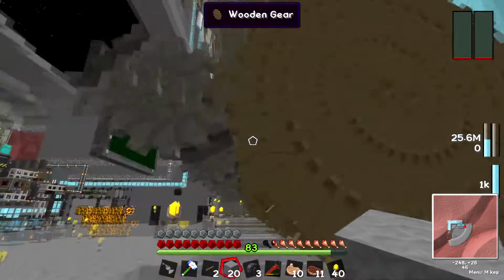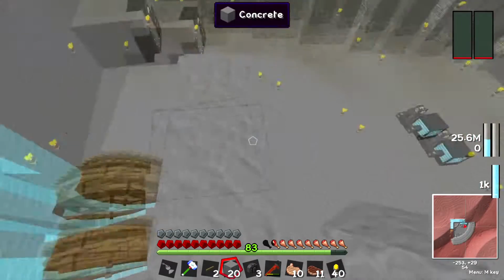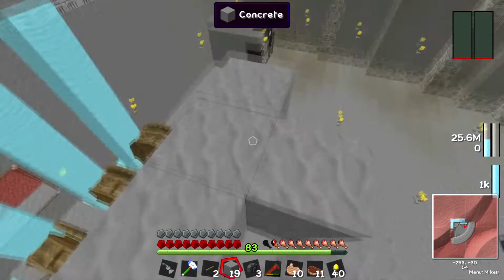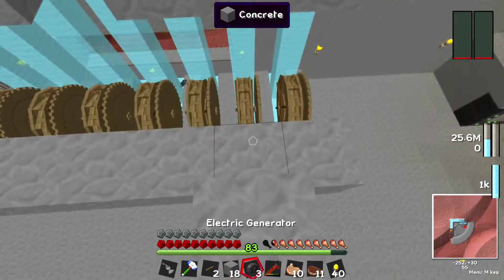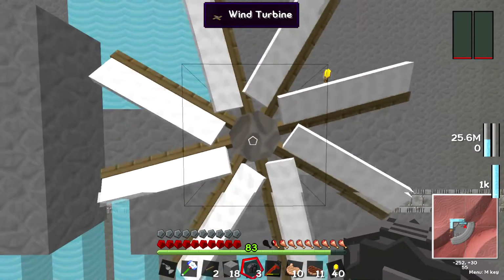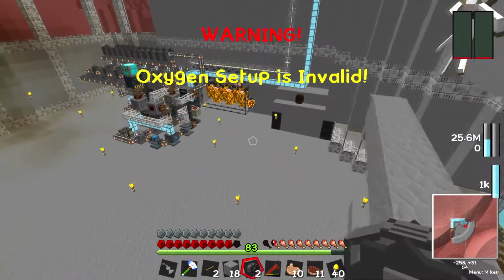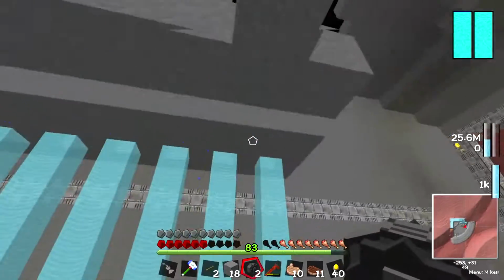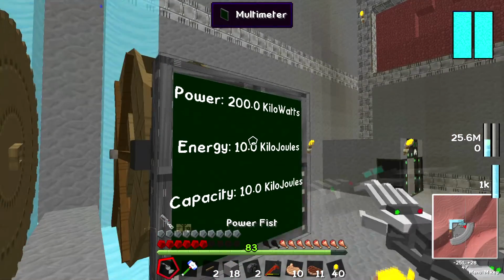I'm going to gather up my concrete, because it's getting kind of old making it. Even though I have an automated setup in the overworld to make concrete, it takes a lot of gravel and sand. Just... there we go. Oh, crap. Hey, let me up there. Actually, you know what? Before we go up there, we should grab this and see